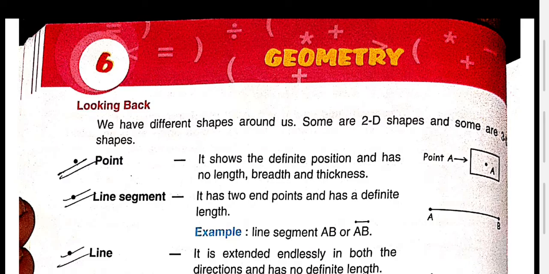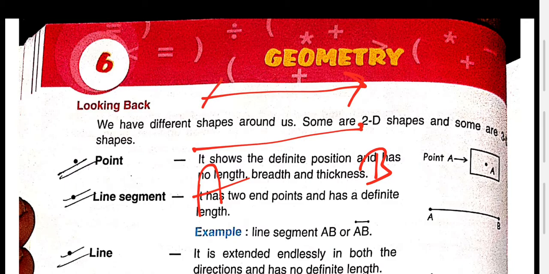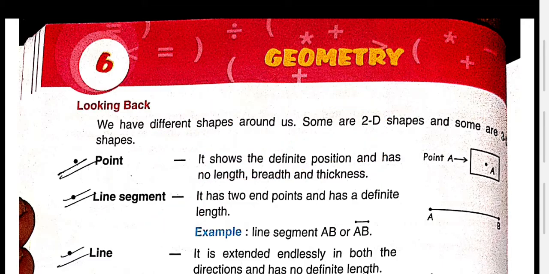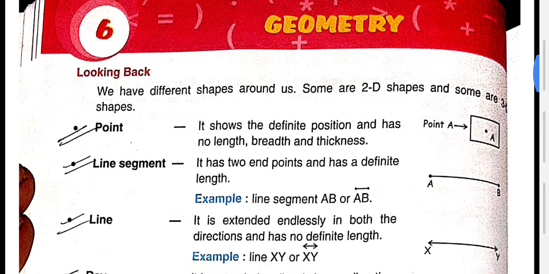Now, a line segment has two endpoints and a definite length. A line segment is a line which has what? Two endpoints, like one endpoint here, one endpoint here. It is known as AB, the line segment. If we take a line, then it is endless. You can move from any side. You can increase from this side also and this side also. The length of the line segment is definite and cannot be changed, but the length of a line can be changed.